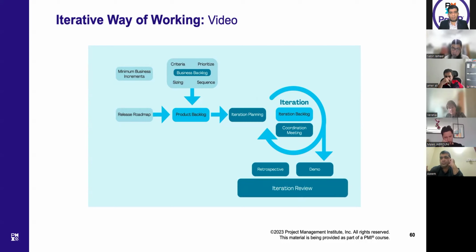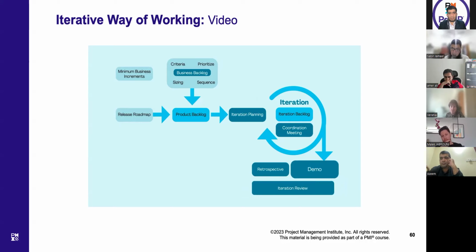The iteration review ends the iteration. This review has 2 parts. It reviews the product and solution built in the iteration, and the process: how the team worked together, and what got in their way. In the demo, the team showcases what they accomplished in the iteration. The demo focuses on value delivered and feedback from stakeholders.